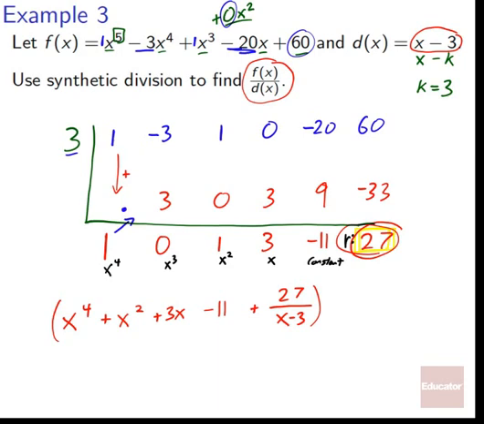Now, if we wanted to do a check, we could multiply by x minus 3, right? If you divide out the number and then you multiply it back in, you should be exactly where you started. So we multiply by x minus 3. x to the fourth times x gives x to the fifth, minus 3x to the fourth, x squared, so plus x cubed, minus 3x squared, plus 3x times x, plus 3x squared, plus 3x times negative 3, so minus 9x, minus 11 times x,